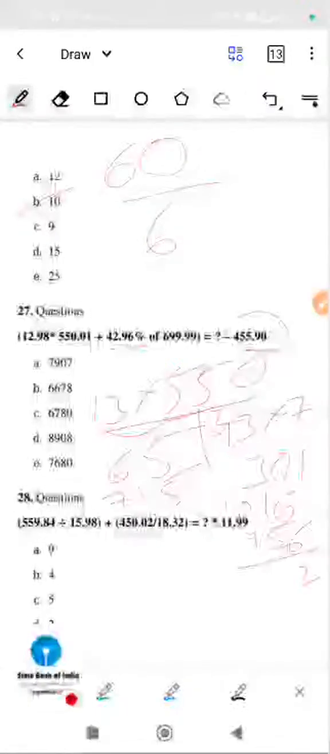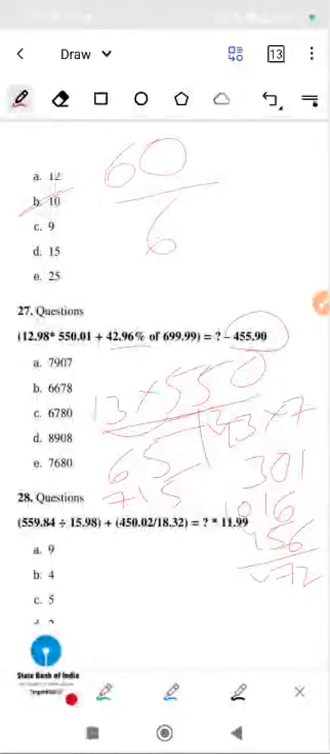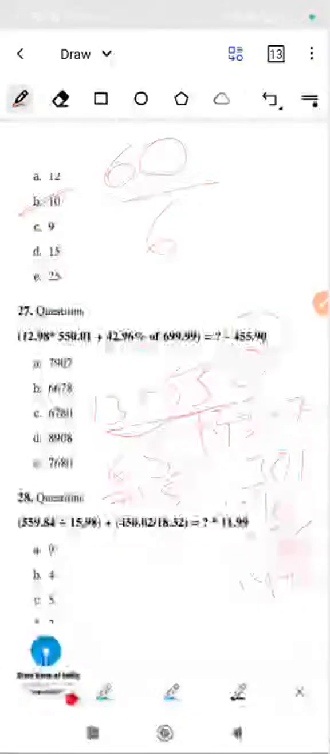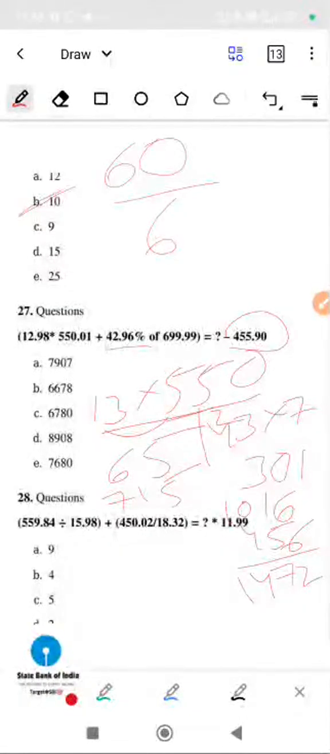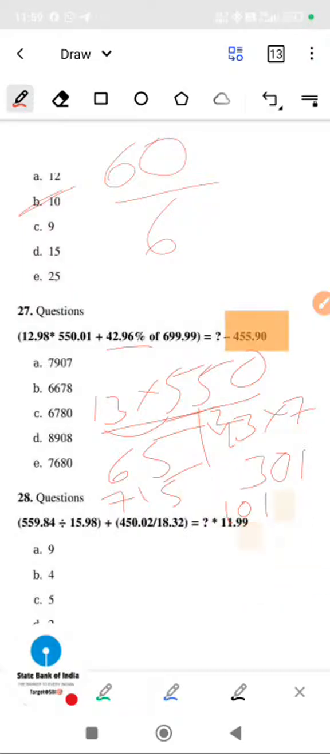456, which will be 26 plus 1472. Answer will be... what the mistake I had made, sorry, here we have a 0 also. 7150 plus 301. Wait a second, what the mistake I made is